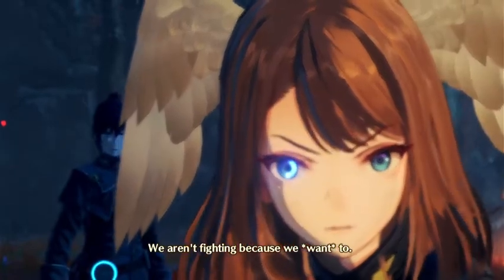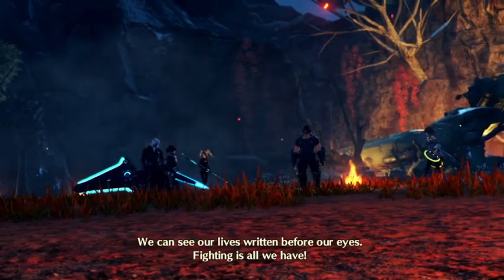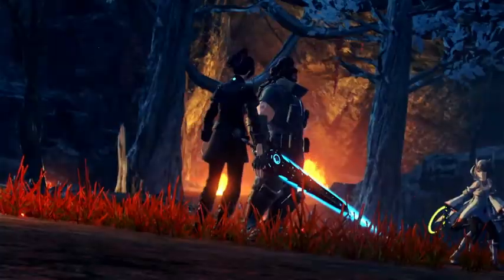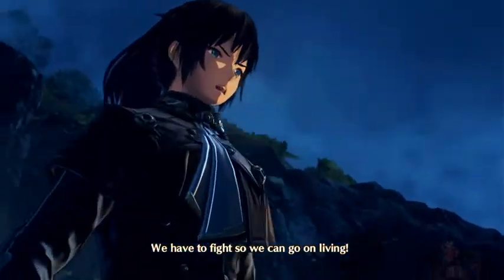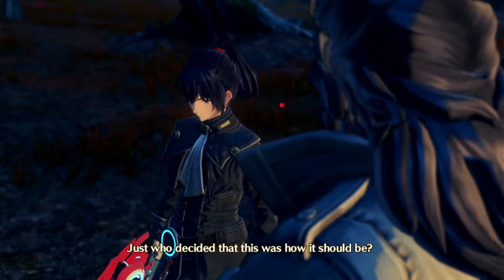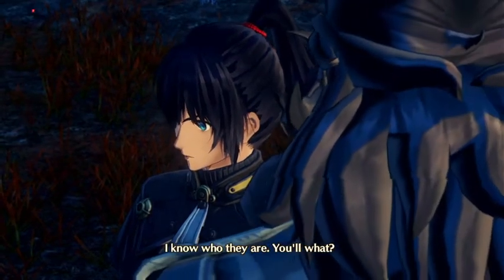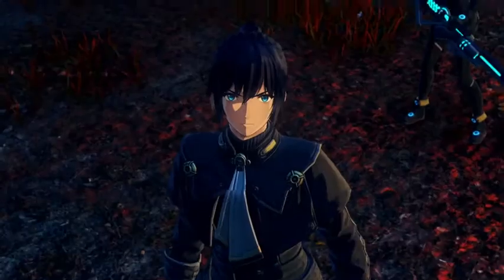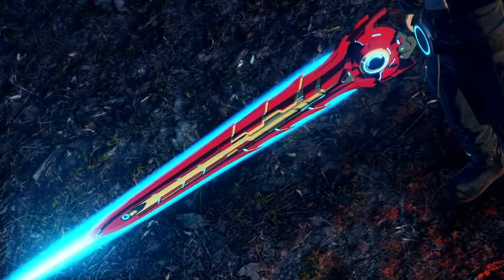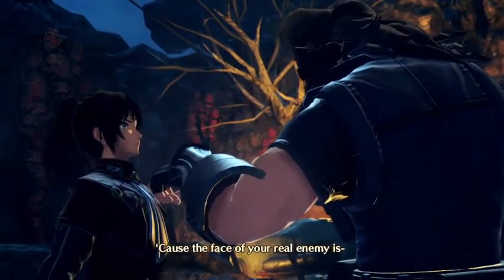That's why. We aren't fighting because we want to. We're not. We can see our lives written before our eyes. Fighting is all we have. Is it any wonder we lose loved ones? Or have to take them from others? All of us. We have to fight so we can go on living. Just who decided that this was how it should be? If I knew who they were or where I'd... I know who they are. You'll what? You're an Overseer, eh? I guess I can trust you with this. You better listen up now, because the face of your real enemy is...